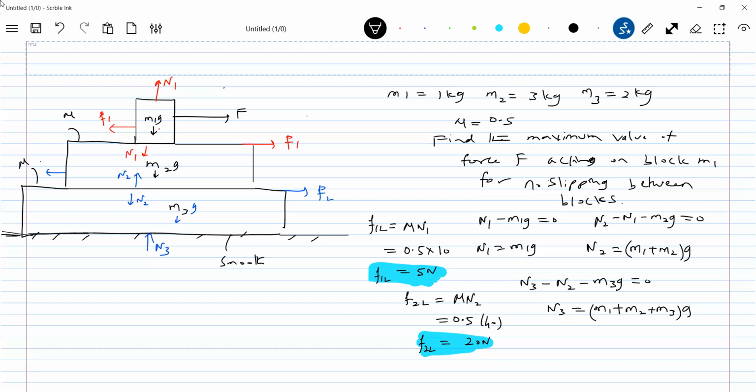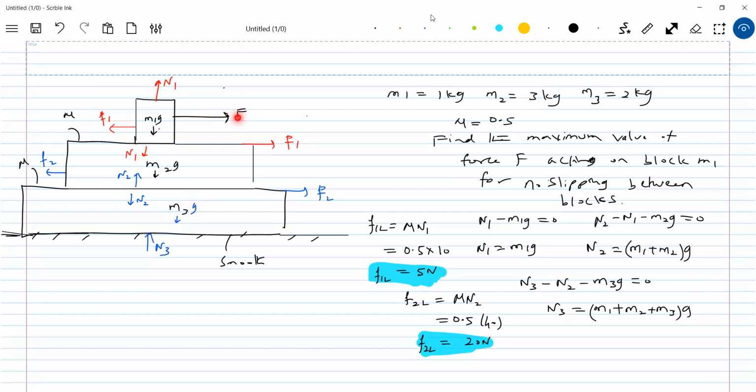Okay, after this, what was our goal? To find the maximum value of frictional force. Now let's ask a very logical question. Let's go back to the basic concept. As I keep on increasing the applied force, what conditions arise? At one particular point, the slipping used to occur. Here I'll keep on increasing this applied force. Then where will the slipping first occur, between M1, M2 or M2, M3? We don't know that. I am asking you one question pointedly; with that only you can manage this particular numerical very easily.